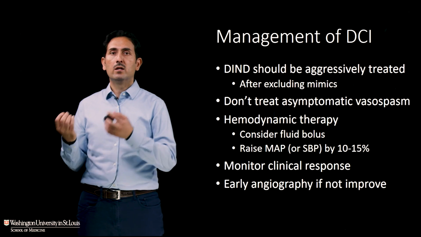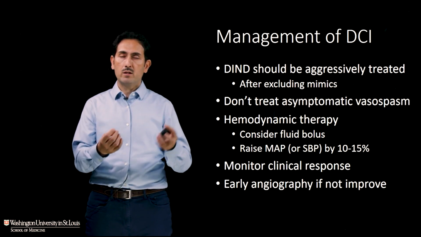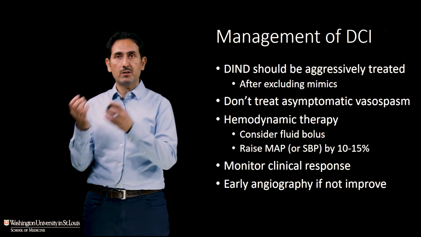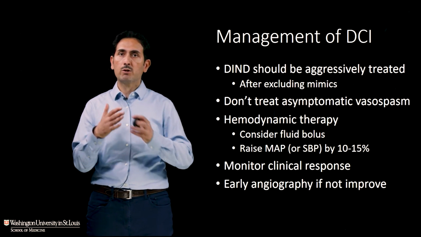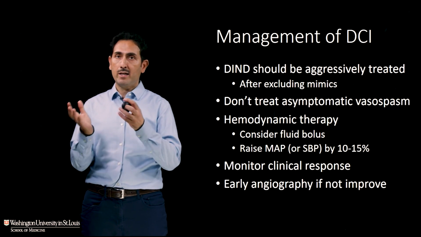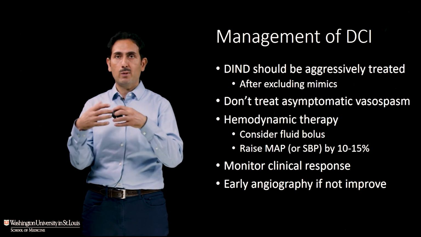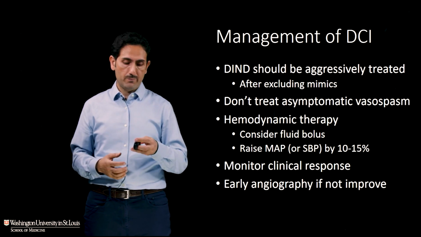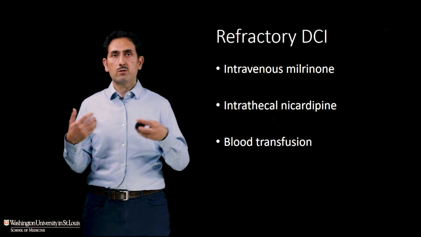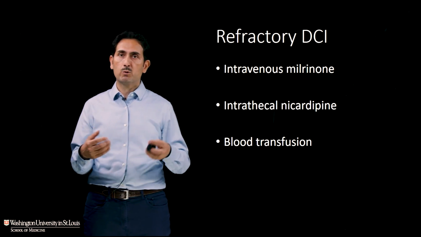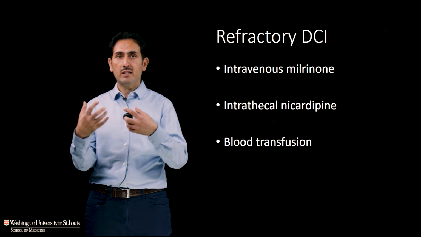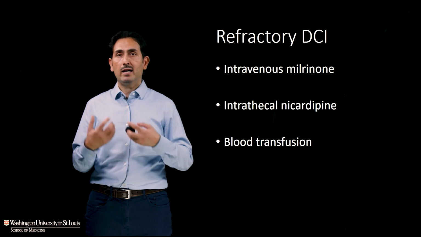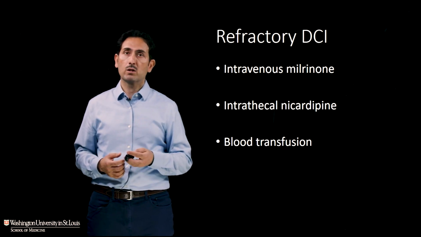But if you do have symptoms, you need to treat that aggressively with fluids by raising the blood pressure with the goal of raising blood flow to the brain and seeing if the patient responds. And if they don't improve, do angiography. And that's not only to diagnose vasospasm, but to treat it. In the angiography, the blood vessels can be dilated either by medications, vasodilators, or by a balloon to open up the vasospasm. And then finally, if that's not working, there's even other treatments like milrinone, which increases heart function, nicardipine inside the brain, which is a vasodilator, or giving blood because blood provides more oxygen. And we know that oxygen delivery to the brain is what causes stroke.